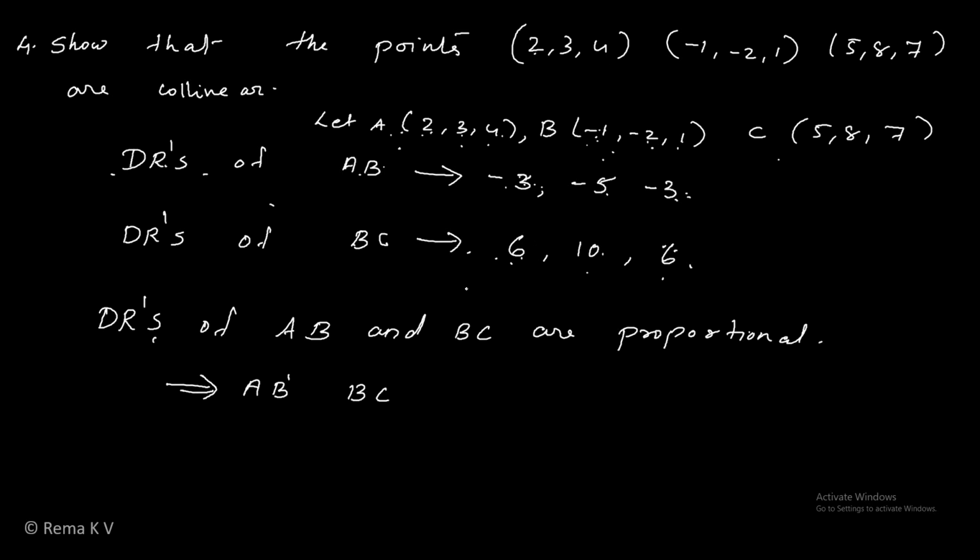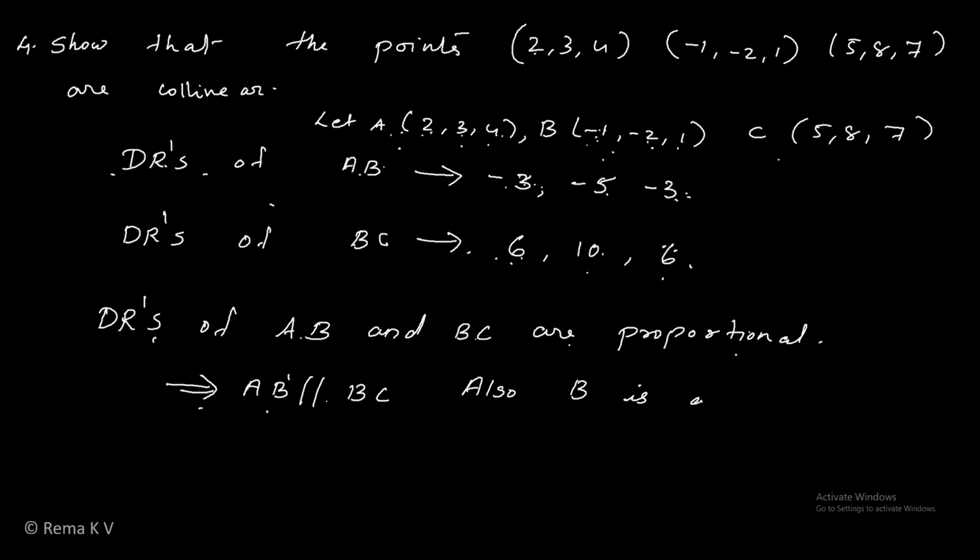Scalar multiple of a vector. So I have to give you the answer: AB is parallel to BC. Parallel vectors or collinear vectors. You had learned this in vector algebra. So direction ratios of AB and BC are proportional, which implies AB is parallel to BC, and also